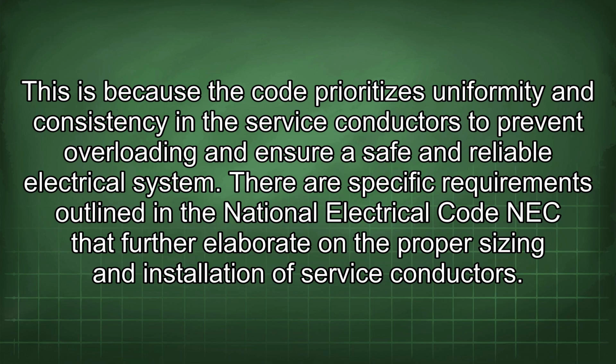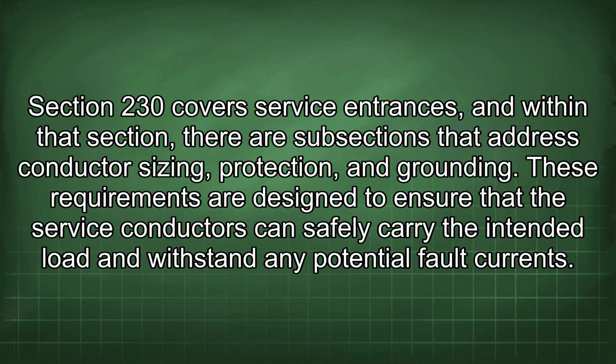and reliable electrical system. There are specific requirements outlined in the National Electrical Code (NEC) that further elaborate on the proper sizing and installation of service conductors. Section 230 covers service entrances, and within that section, there are subsections that address conductor sizing, protection, and grounding. These requirements are designed to ensure that the service conductors can safely carry the intended load and withstand any potential